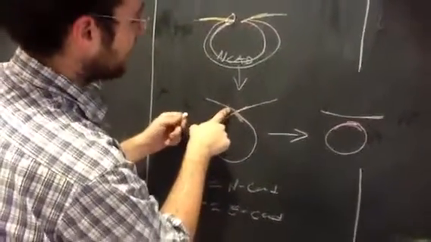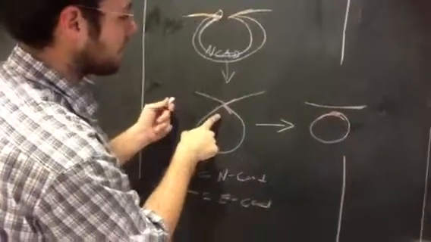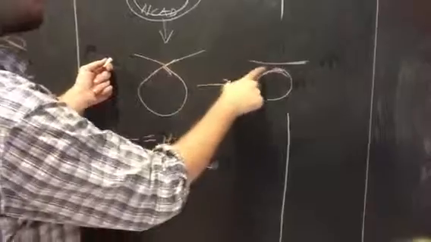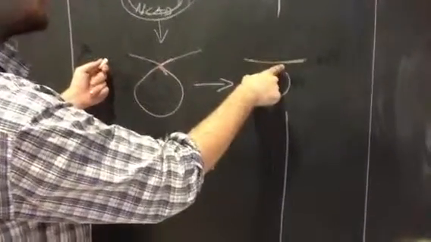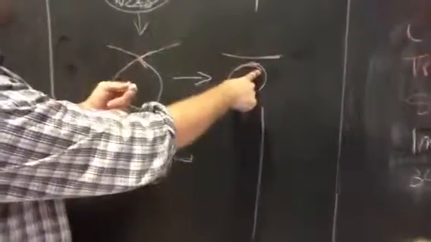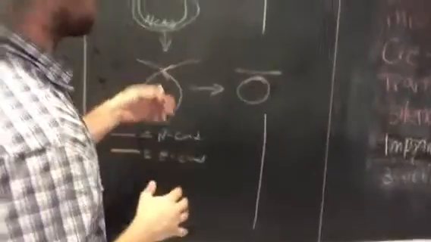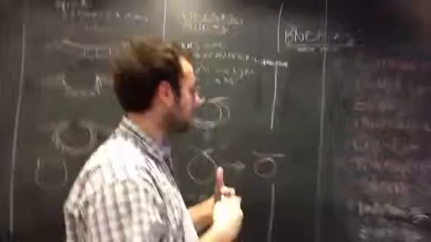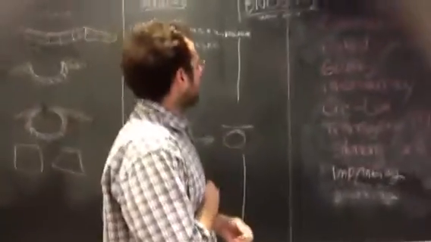So the ECAD, which is normally next to the NCAD, has to trade so that ECAD can join with ECAD and NCAD can join with NCAD. The way that works is they actually prefer being bound to their same class. So they get close enough such that they bind together. And then